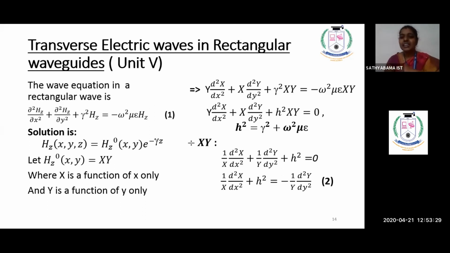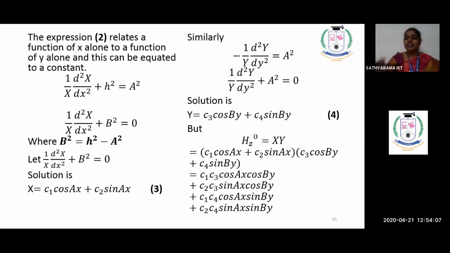For that, I am going to do some modification. See the next right hand side equation. I have substituted that XY in my equation number 1. With respect to x, Y is constant, so Y is coming out in the first component. With respect to y, X is a constant, that is why in the second component X is coming outside, and the third component has XY. I want to reduce it, so I am dividing by XY in the complete equation. Equation number 2 you will get. Again, if you see equation number 2, the two derivatives in x and y are coming together. We cannot write a solution. So I am going to break it into two halves using some mediator constant. Next slide, we will see that.